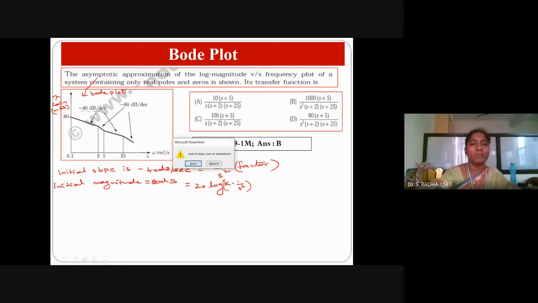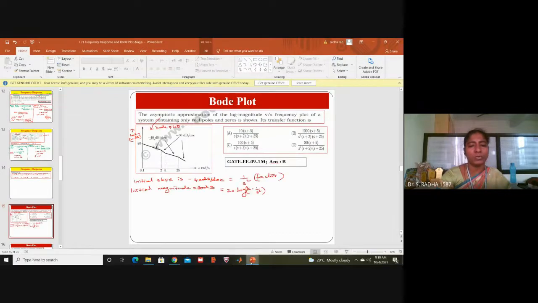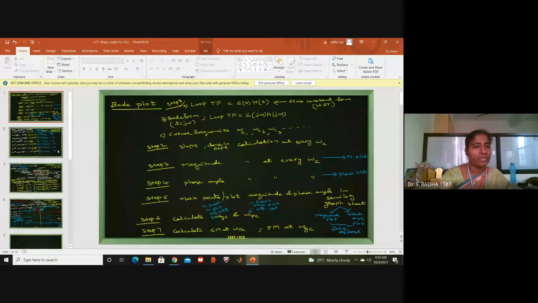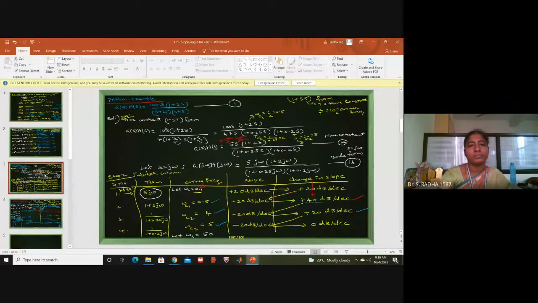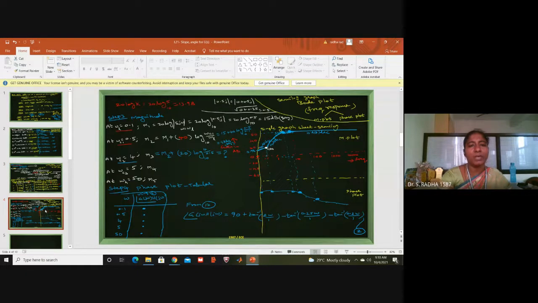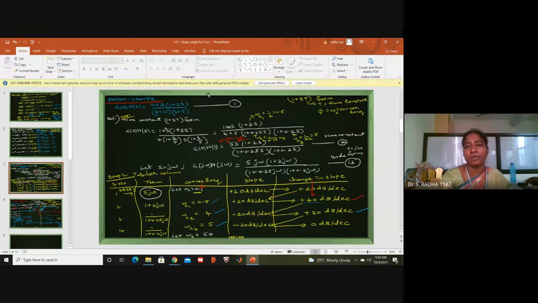So the initial magnitude will be decided by the open loop gain. I told you in one of the previous classes, and I have explained it here. This is our transfer function. In the numerator I have 100, so in the first magnitude calculation I have used 100 as the k value, along with that s also. When I change it to the Bode form, the time constant form, the constant instead of 100 becomes 5. All other constants get cancelled, and everything in the numerator and denominator I change to the 1 plus sT form.